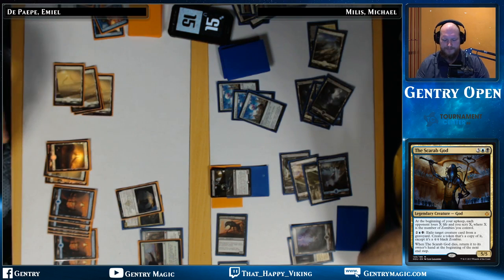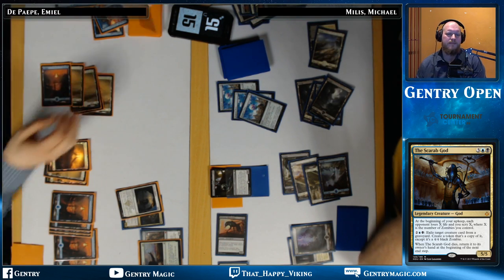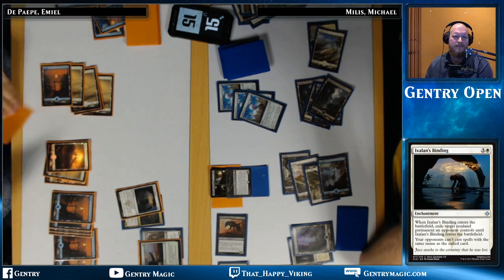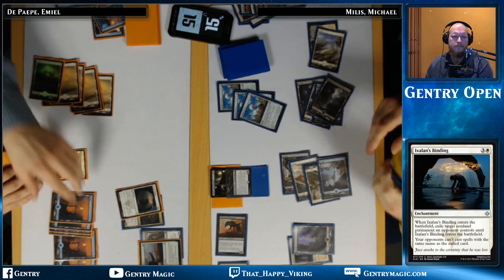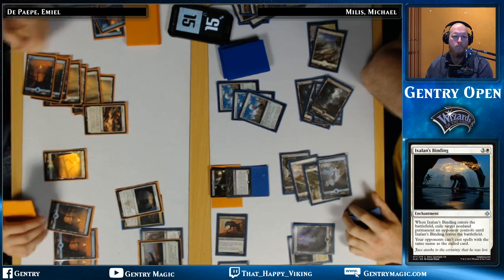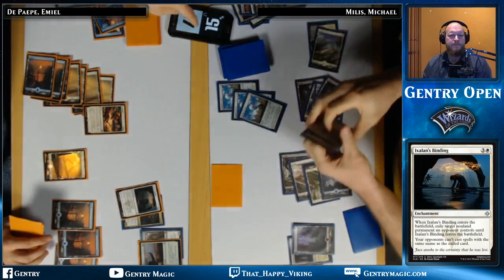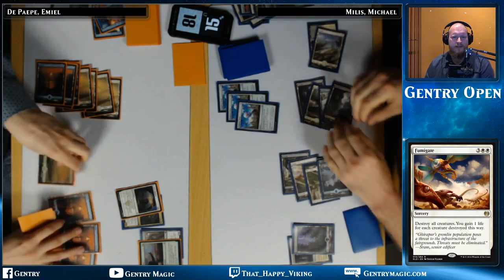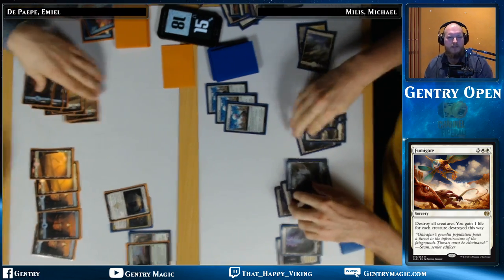Exile binding gets rid of the Scarab God, and I will never be able to cast it again. And we have a Fumigate to clear the board. So we are back to this grindy end game where Michael is